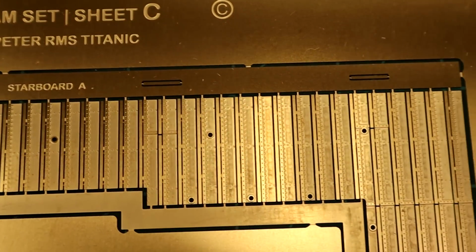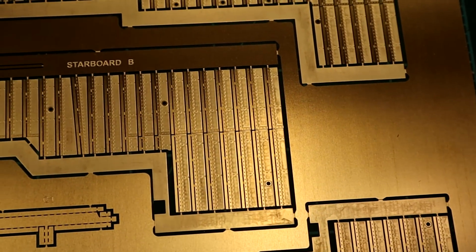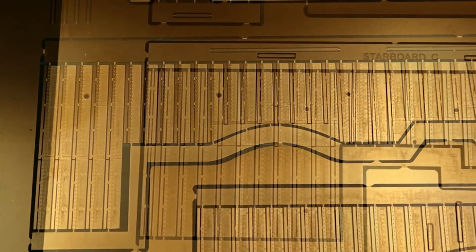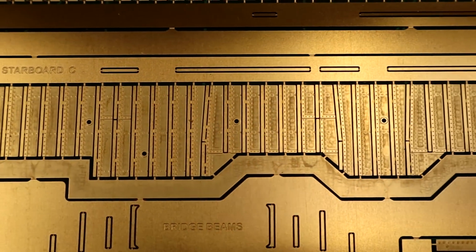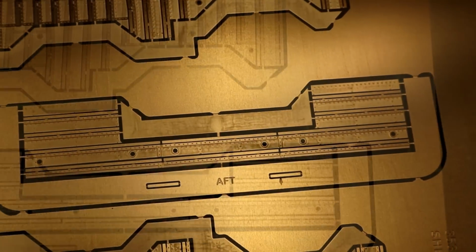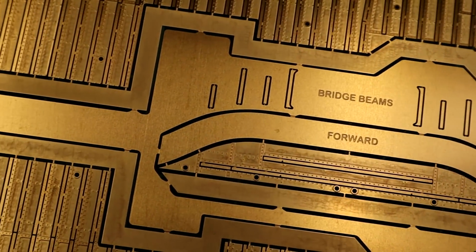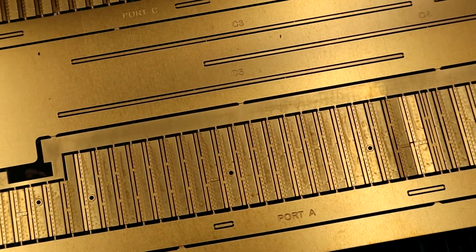And once it's in place, you flip up all of these individual little beams and they're right in place. It sure beats going around and cutting out a gazillion sheets of styrene strips and trying to glue them in place to get them straight. This has taken into account all of your edges and shapes, and everything goes into place just how you want. Again, all the little holes have been cut or etched where the lighting goes above if you want to light your model this way. SMDs, fiber optics, however you want to get light through there, it's available. And just as previously mentioned, Neil